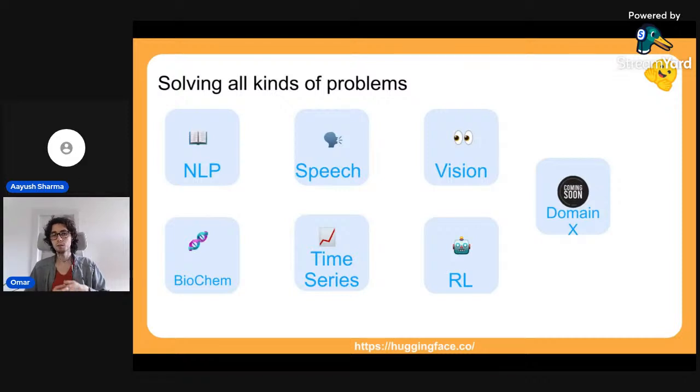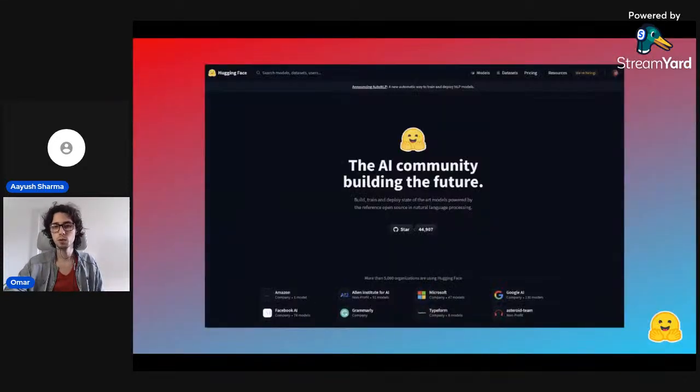And our goal is to democratize good machine learning, making it accessible to everyone, and give the ability to anyone to contribute to the greater goal of solving language. So that's where Hugging Face comes in. And how do we achieve this? First, we want to make ML accessible, and accessible means a couple of things. So it should be easy to access, easy to try things out, and we share a lot of open source libraries that other people can use, and we also do open science. And open science means sharing all the science that we do. So if we train a model, we won't hold the models ourselves. We will open source them, we'll share the applications, and we will enable anyone else to use these models.